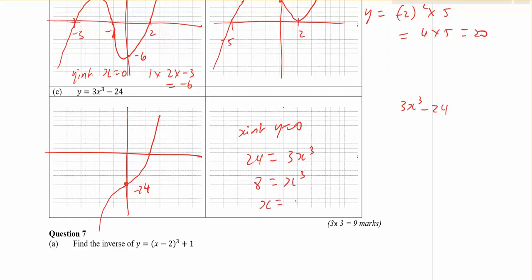Question 7, find the inverse of that. Okay, so very simple. I switch the x and the y, so what